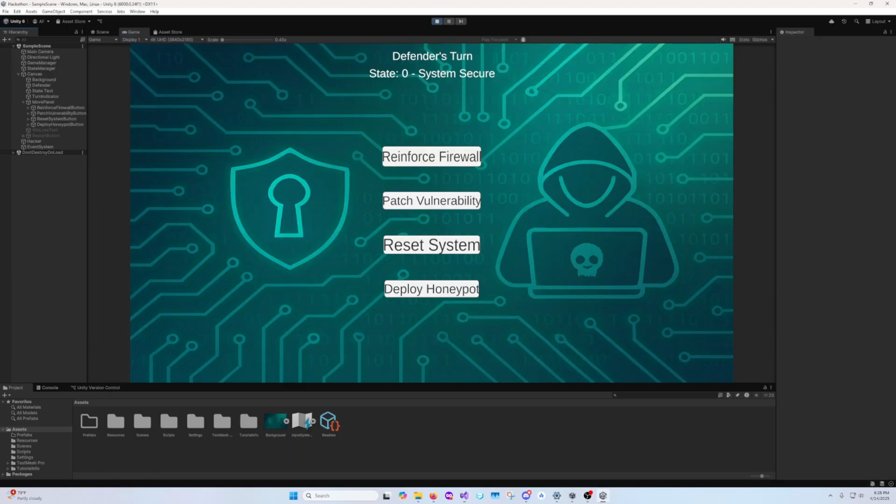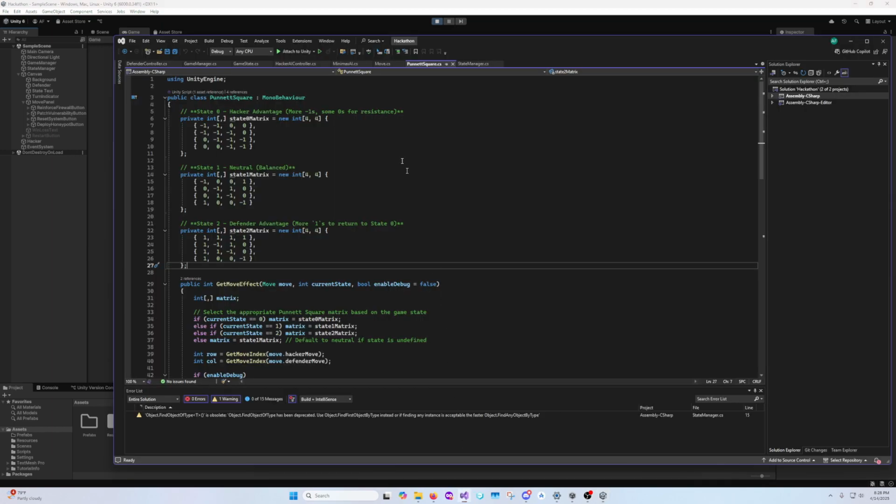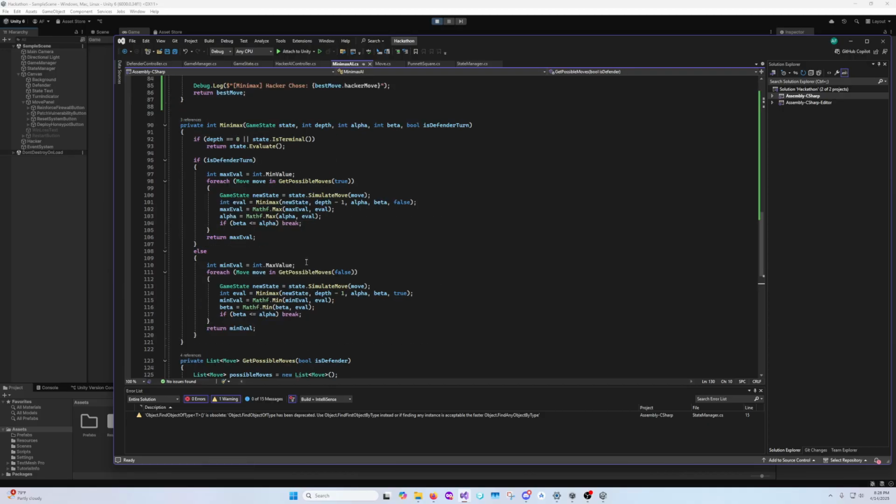To make intelligent decisions, we're utilizing a minimax algorithm. It systematically evaluates each branch of the tree and assigns a score based on the current state. When multiple moves have the same good score, the AI randomly selects one to keep its strategy unpredictable. To show off the Minimax AI here,